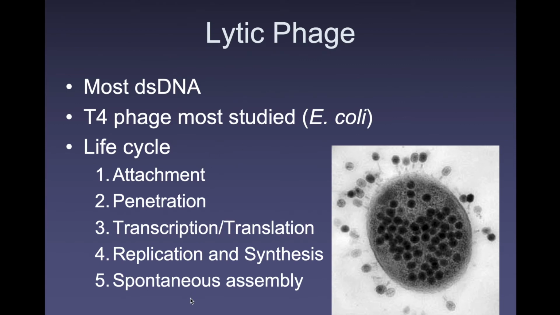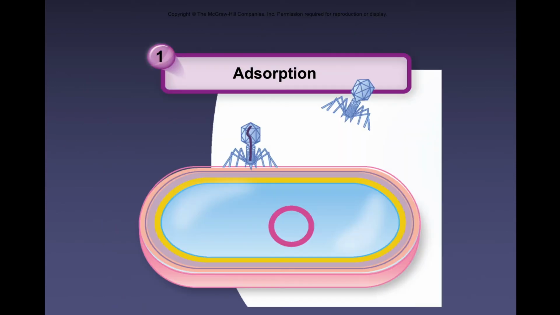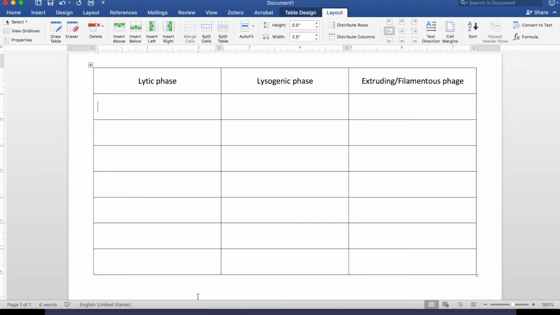This is the replication cycle: attachment, penetration, synthesis, which is transcription, translation, replication of phage nucleic acid, spontaneous assembly, and then release through lysis. Let's look at these in step-by-step format. So step one is adsorption, and we're going to kind of go back and forth, and we'll make a little chart here. So for this lytic phase, and I put here the lytic phase because this is with a temperate phage. They can switch between a lytic phase and a lysogenic phase, but you can also call them lytic phages. So step one is attachment,